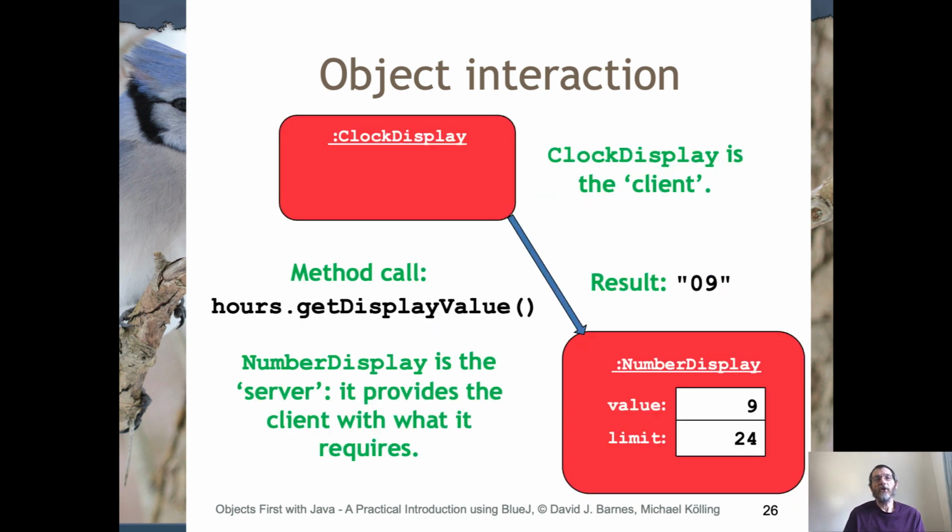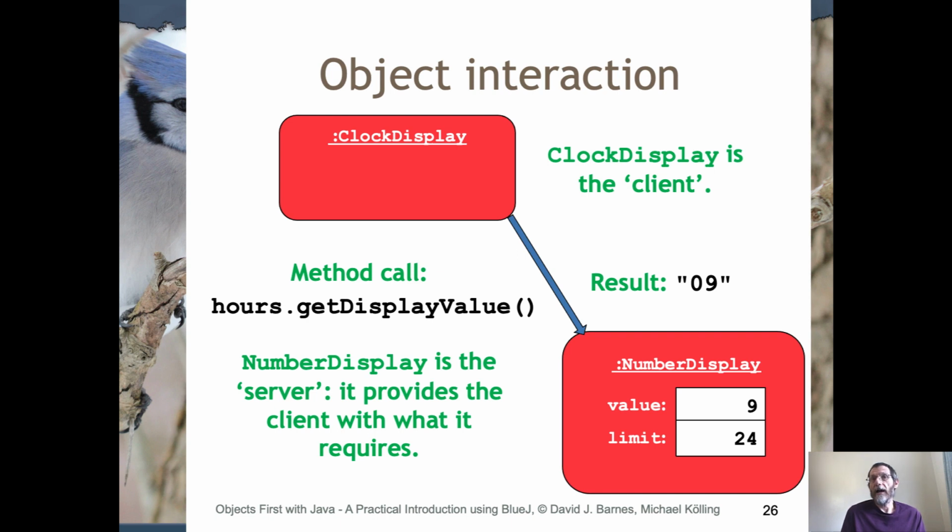It might be useful to look at this visualization of interaction between the client object, a clock display, and one of its server objects, a number display. In this case, the clock display object is calling a method on the hours number display object, the number display object that's looking after the current count of the hours for the current time. The clock display object will interact with the number display object by calling one of its methods. In this particular illustration, the clock display object is calling the getDisplayValue method of the number display object